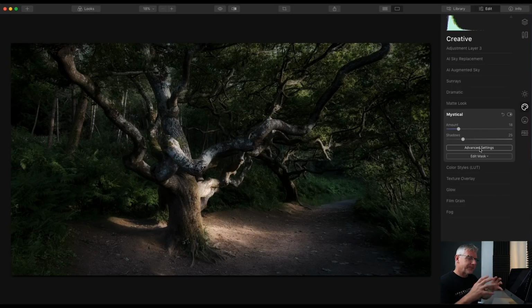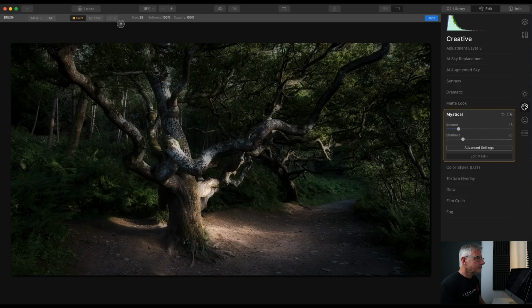We've started with a decent dynamic range. And if you look at the histogram now, it has moved over from here right over towards the dark, but at the same time I'm not clipping anything, so I'm quite happy with that. I'm going to edit the mask here, I'm going to brush and go into the erase, and I'm going to take about 28 and paint in here. So this is removing the mystical that we just applied,